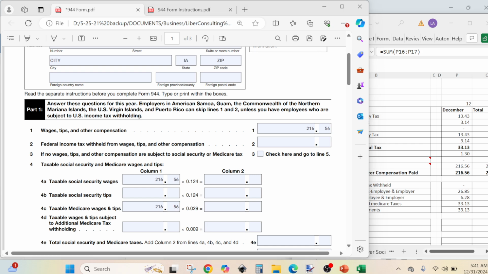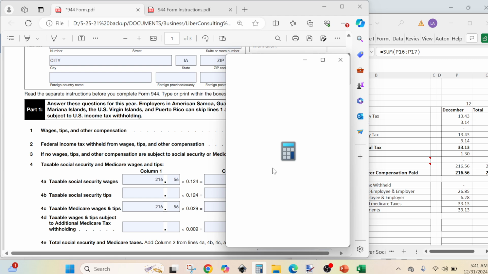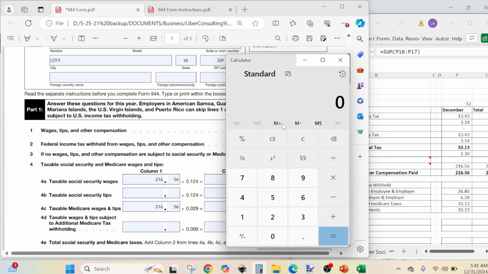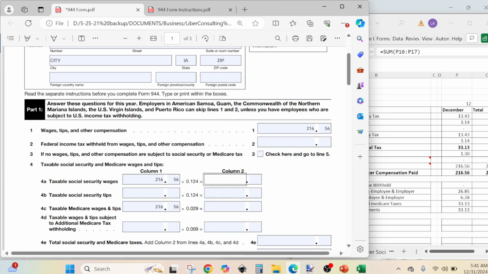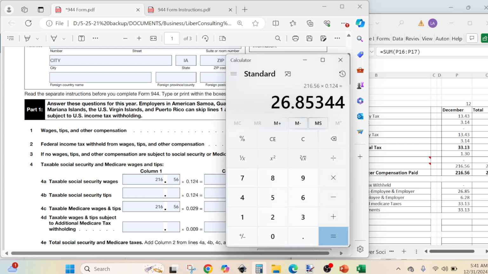So we'll bring the calculator here, and then we'll go to 216.56 times 0.124, 26.85. So we'll put 26.85, and then we double check. Good. Now the next one is